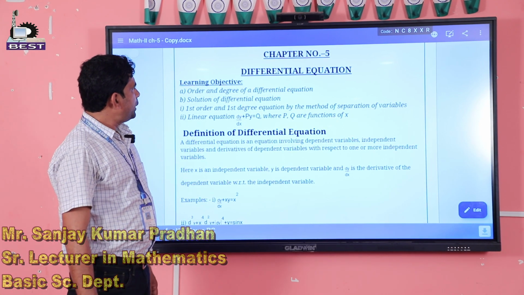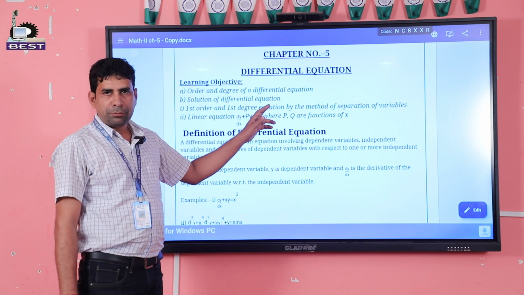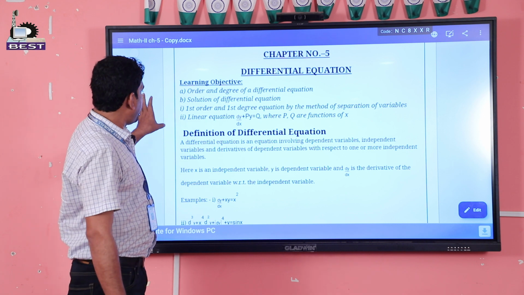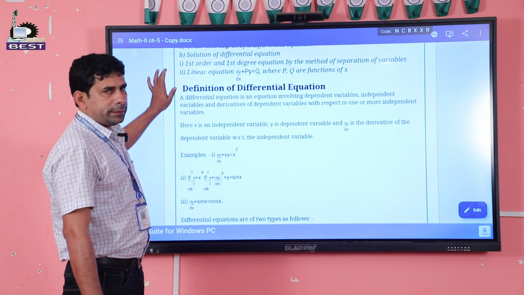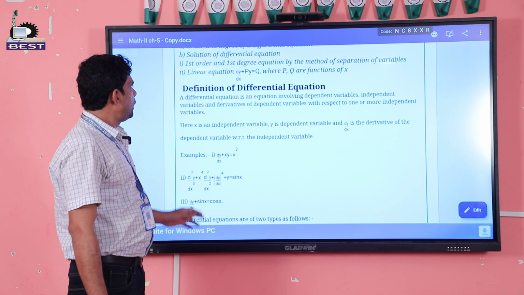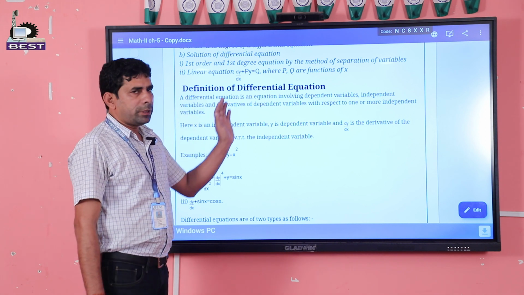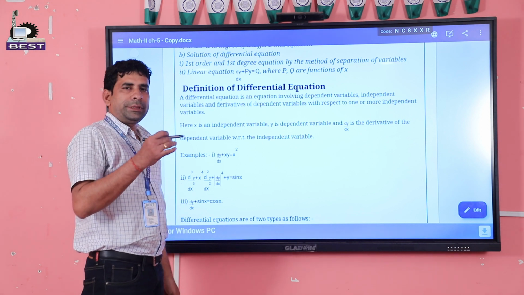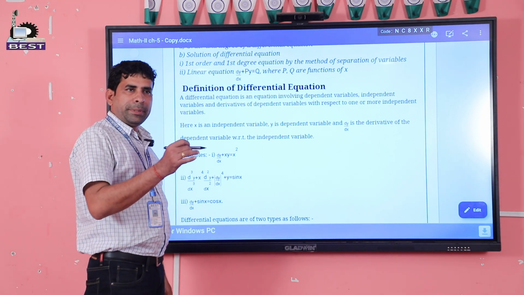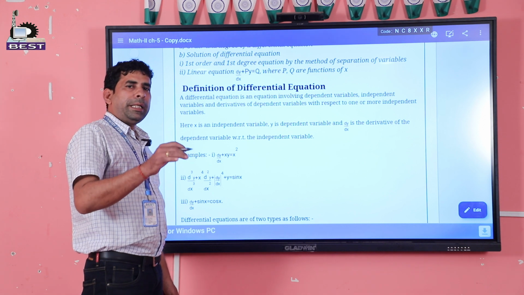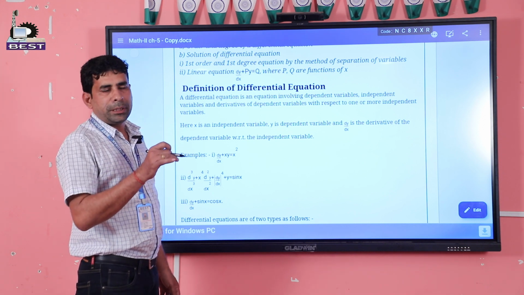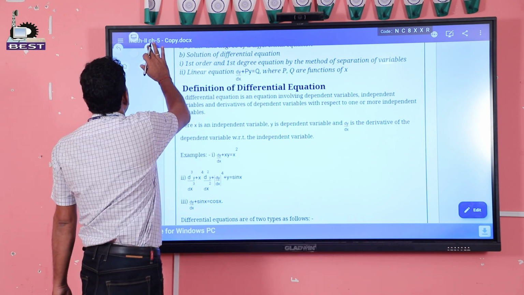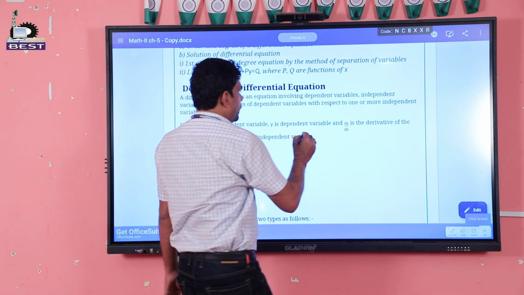Today I am going to teach you chapter 5, differential equations. This is the part of mathematics which deals with different sections. First we go for the definition of the differential equation. A differential equation is an equation involving the independent variable, the dependent variable, and the derivative of the dependent variable with respect to the independent variable. Simply, if you take an example,